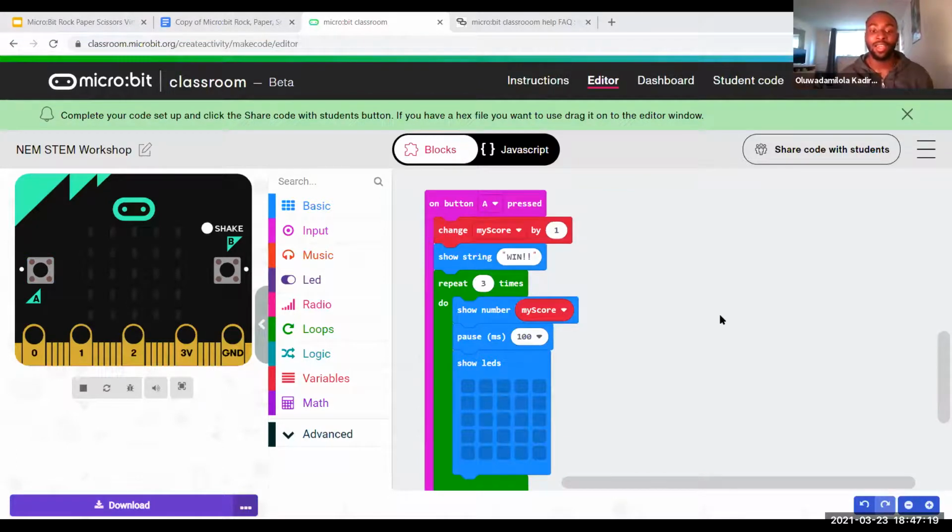So now you guys have successfully tracked your number, displayed your number of wins on a BBC MicroBit, but we have no way to track and display our losses. So now here's a challenge for you guys for the next 5 minutes. See if you can figure out how to code a loss on your MicroBit. So go.